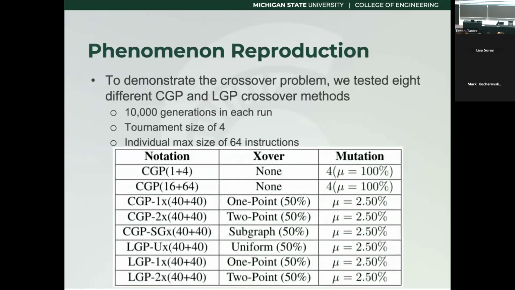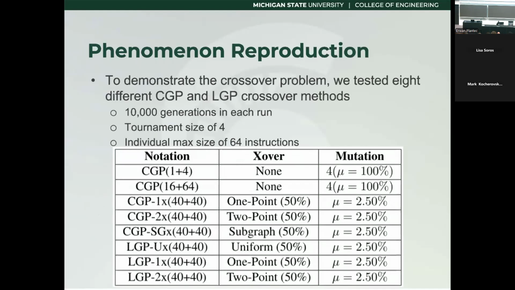So first we need to demonstrate that this phenomenon exists, because if we tried one-point crossover and it worked first try, the field in general has some explaining to do. So we tried